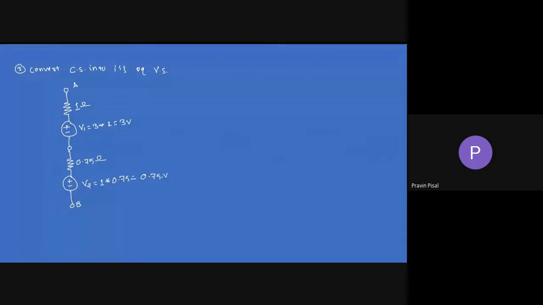So what we have seen is that there is a series connection and we have converted both the current sources into voltage sources. Now we will reach the last step. If you see, the connection is series because the current is flowing directly from A to B. So the current in both the voltage sources and all the resistances will be the same. So it is a series connection, and when it is a series connection, all the voltage sources should be added. So I will add both the sources, and the answer will come like this.